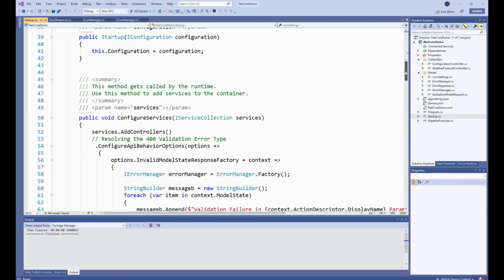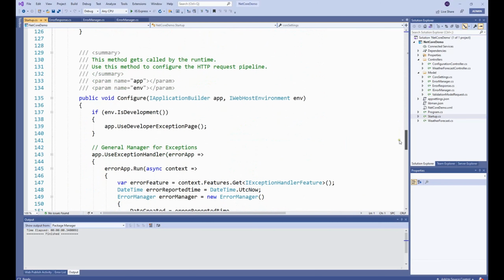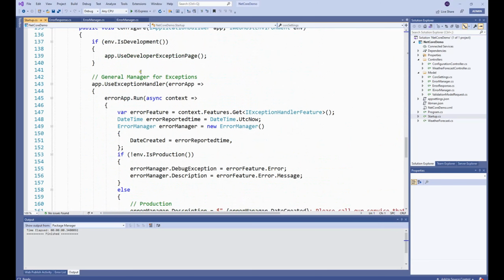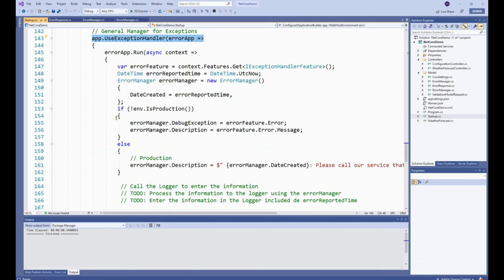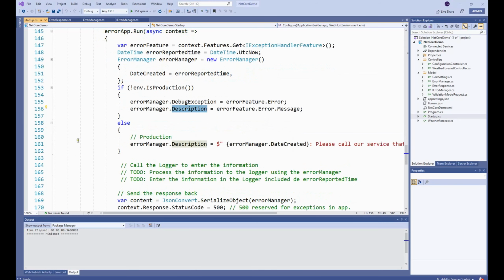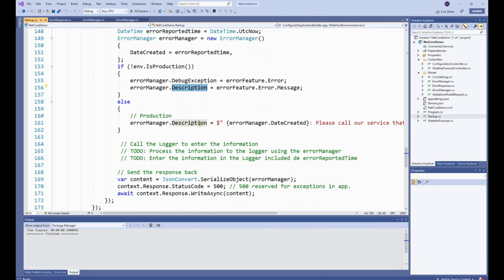In the startup for the 500 error, using the configure exception handler, we use the class that we created here. It uses the exception handler for the 500 error. And we separate production or non-production environment. In a non-production environment, we fill the debugger exception property with the errors, and the description with the error message that we get from the exception handler. If it is production, we don't need to put the exception, or we should not put the exception, and we only put the